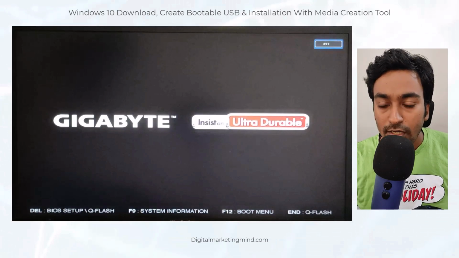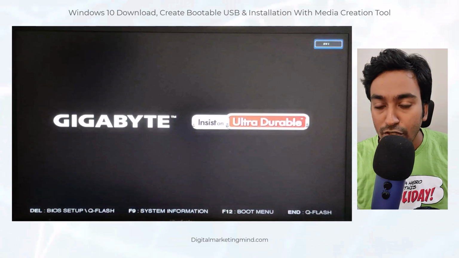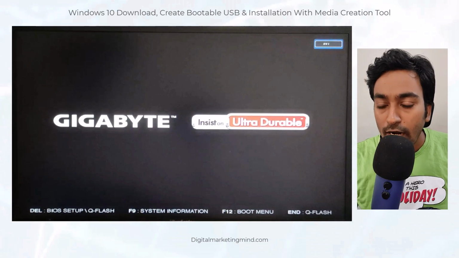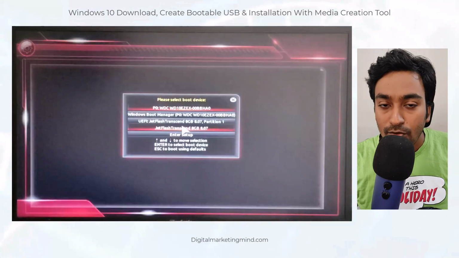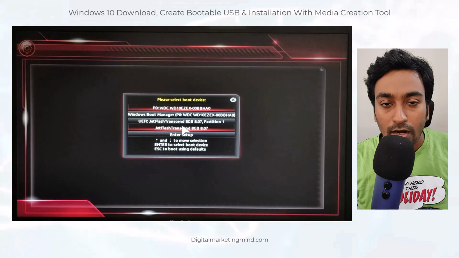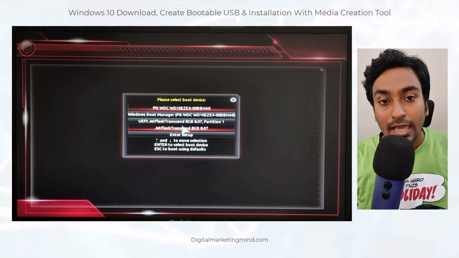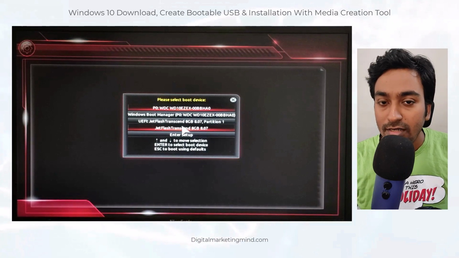Again, this will change for each and every person. So if you are unable to find the shortcut key for your particular motherboard, just mention the motherboard and I will let you know the key you should be pressing in order to go into the boot menu. Once that is done, press the boot menu shortcut key as quickly as you can. Even if you missed it, just restart the system with the power on button, and again it will come,